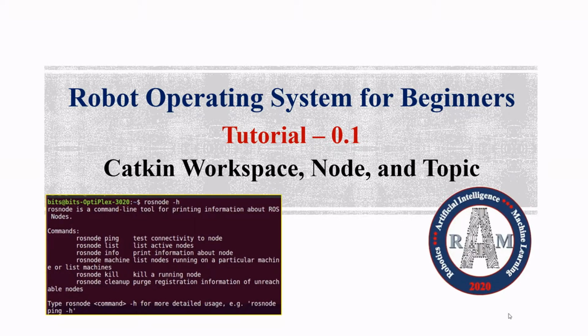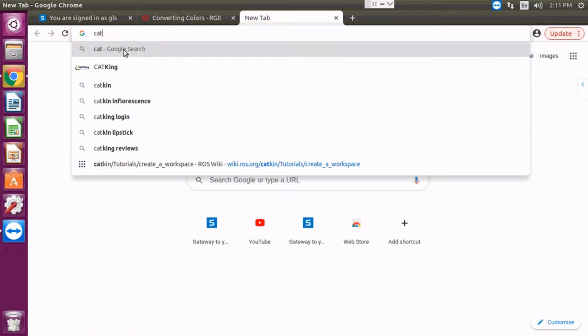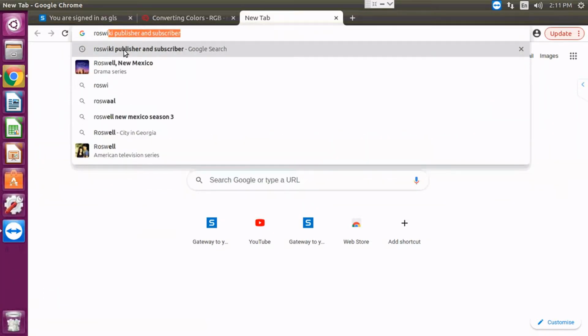Welcome to Robot Operating System for Beginners. In this tutorial, we will discuss Catkin Workspace, node, and topic concepts. Let's get started. So we can search ROS